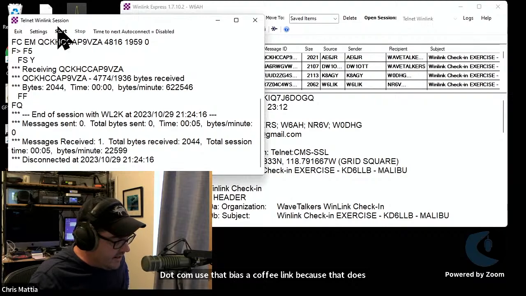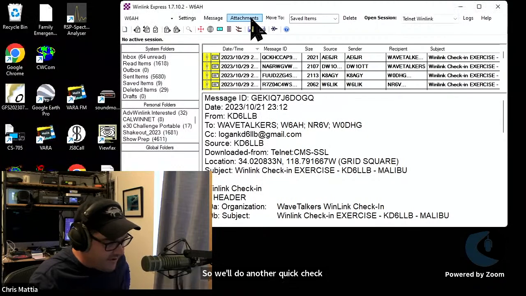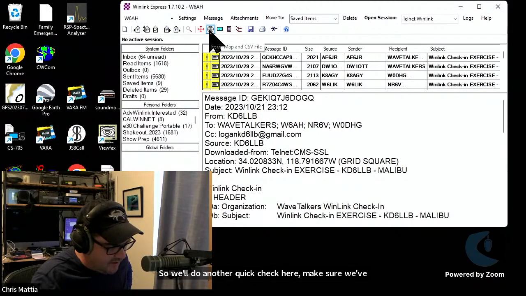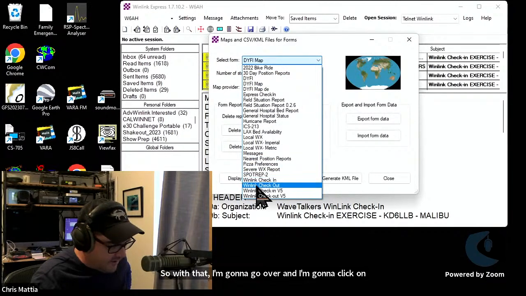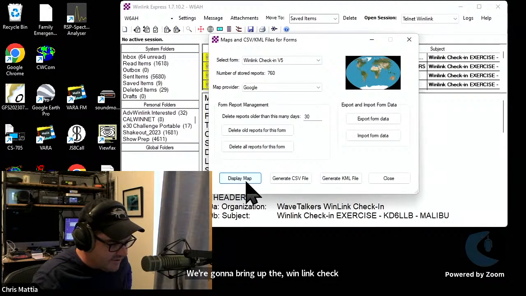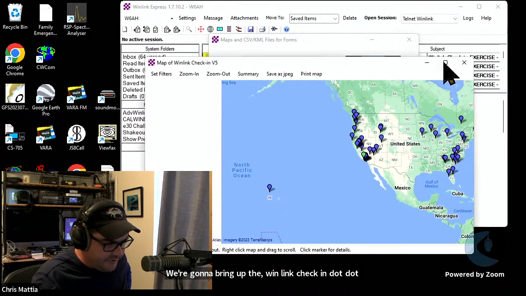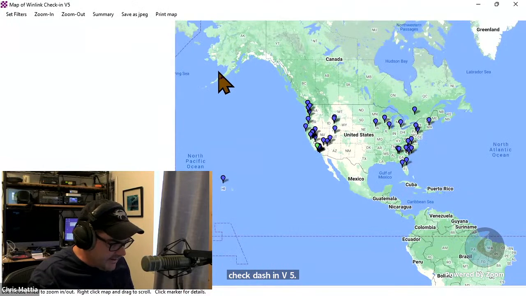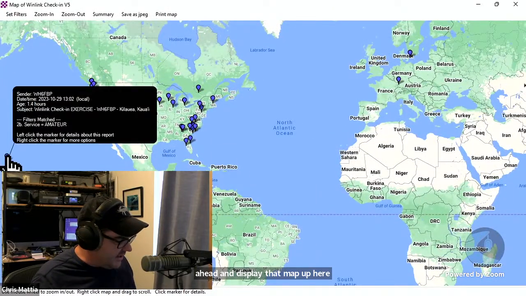So we'll do another quick check here, make sure we've gotten all of the check-ins that have come in. It looks like we have. So with that, I'm going to click on the globe icon, bring up the map icon here. We're going to bring up the WinLink check-in v5. That's the current version of the form. I'm going to display that map up here. We'll blow that out to full screen. And when you right-click and drag over, we'll check in on the check-ins that we've got, and it looks like we've got